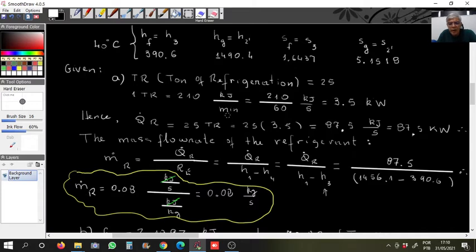This is the power, attention now, kilojoules is energy, divided by time is power. Now, it's divided by 60, I transform minutes into seconds, and this is 3.5 kilowatts, because kilojoules per second